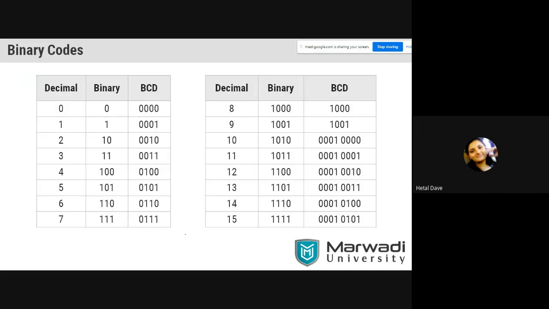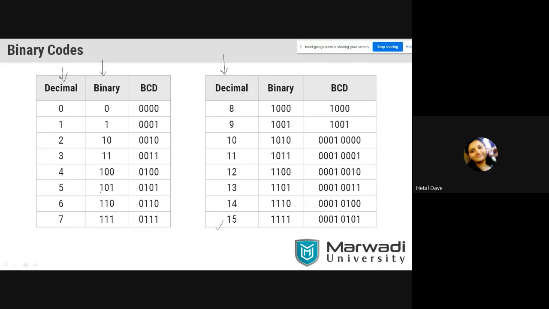So here one table is given. Everyone will observe. The first column gives us decimal from 0 to 15. This is a continued table, but there was no space here, that's why it is the same column: decimal 0 to 7, then 8 to 15. The second column is binary. How is this column made? Using the division method.